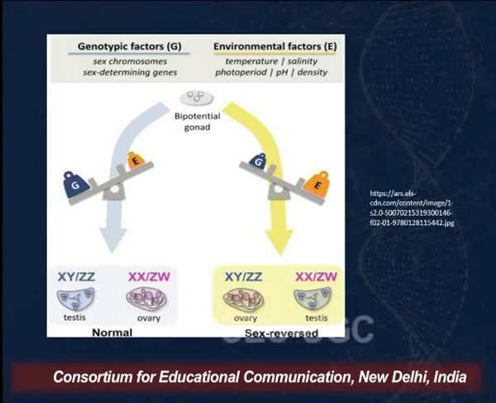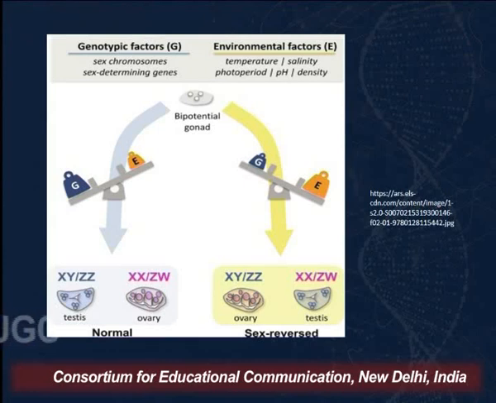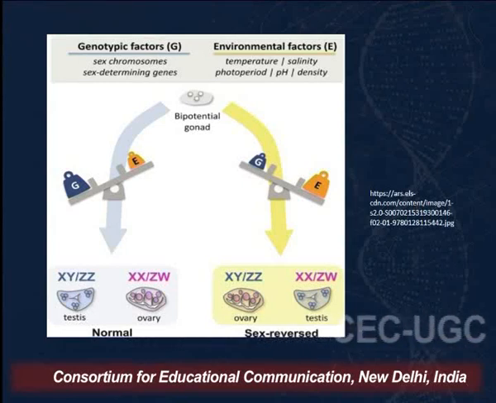As you can see on screen, till now we have discussed the left hand part where the genetic factors seem to be outweighing the environmental ones. But what happens if there is an influence of temperature, salinity, photoperiod, pH, or even density? Even these environmental factors can result in sex reversal of the established